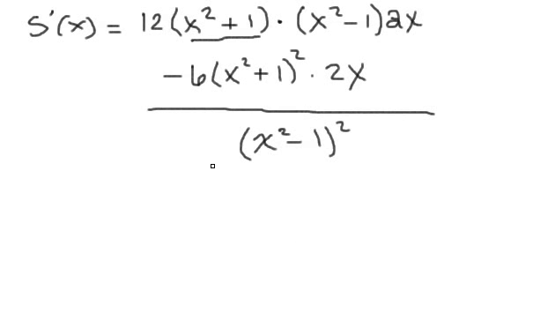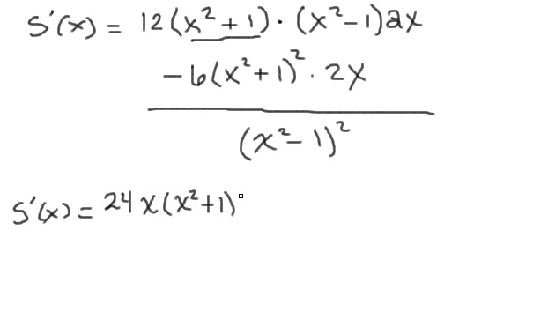Alright, so we need to clean up this mess, because that's about what we got here. So I'm going to rewrite s prime of x is equal to, okay, I'm going to go ahead and take this 2x and bring it out front. So 2 times 12 is 24x, and we have x squared plus 1 times x squared minus 1, which was in the denominator,